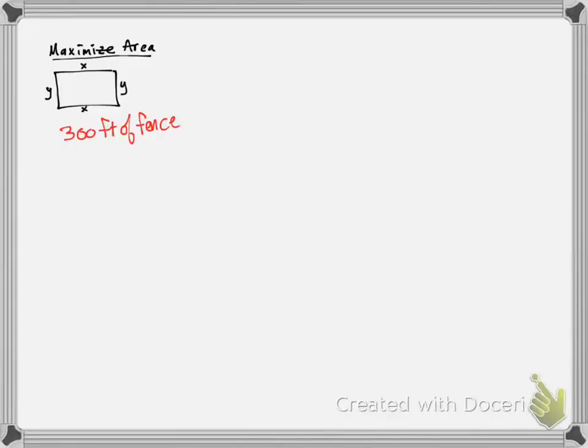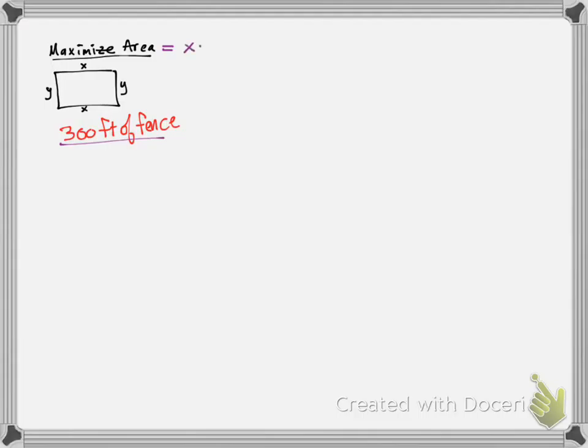This is a video on how to maximize the area of a rectangular space given a set amount of fencing or perimeter. So the first thing that we want to look at is how do we find the area of this shape,